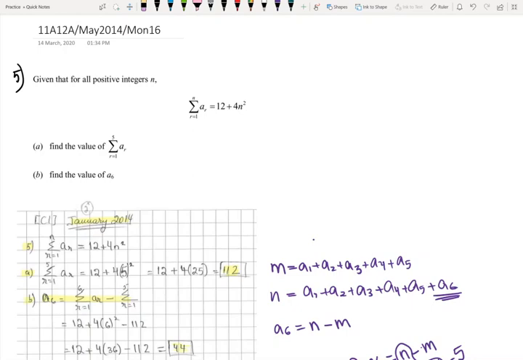Given that for all positive integers n, the summation of a_r, where r equals 1 till n, is given by this expression: 12 plus 4n squared. We should recall that this is the symbol of summation, and you have, let's say here, r equals 1 till 3 of a_r. If you're going to calculate or express it, you're going to replace r by 1,